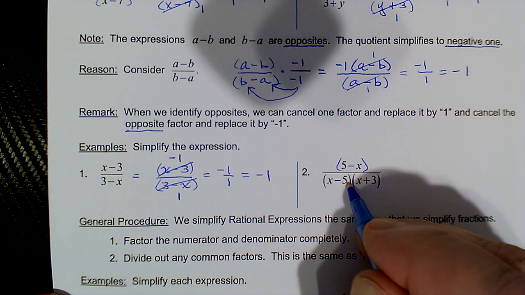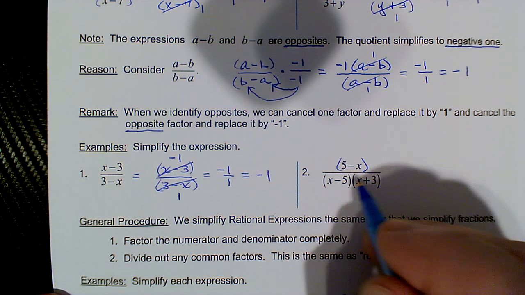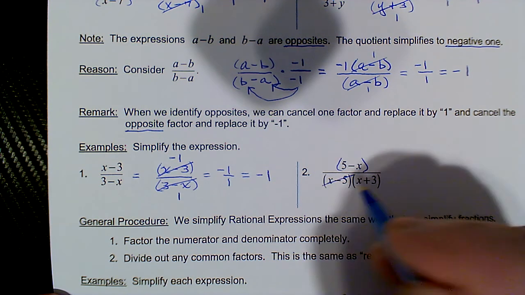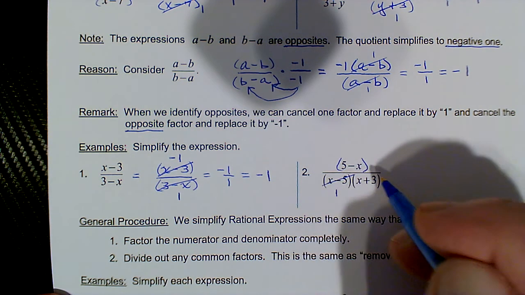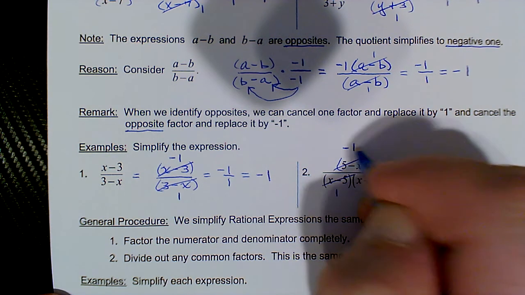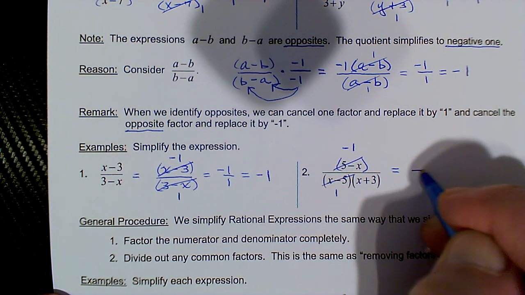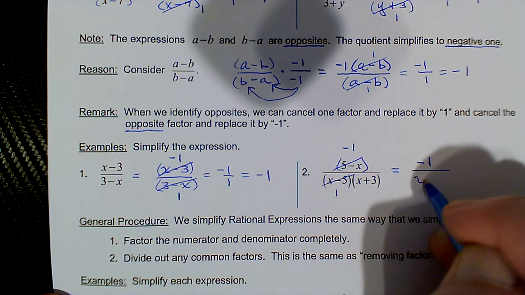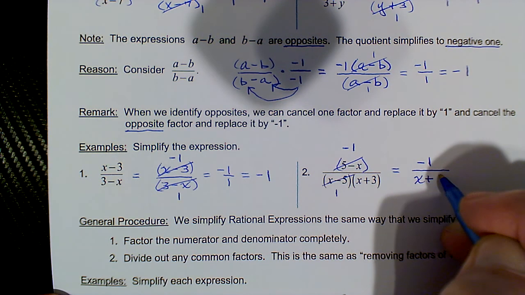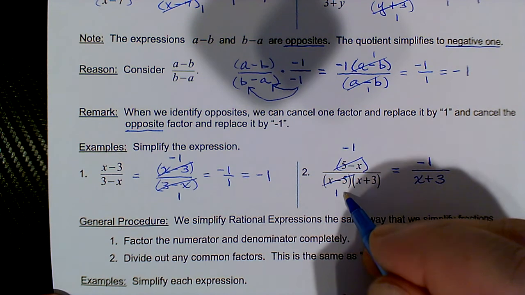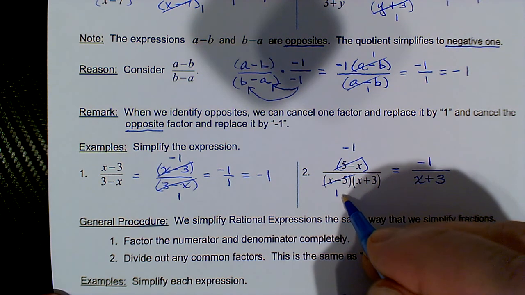And again, we're going to cancel the 1 in the denominator and replace it by a positive 1, and cancel the 1 in the numerator and replace it by a negative 1. And then we have the negative 1 in the numerator, and there's the leftover factor of x plus 3 in the denominator. So that's why we like to replace the denominator by the positive 1, because then it works out neatly when we have our simplified